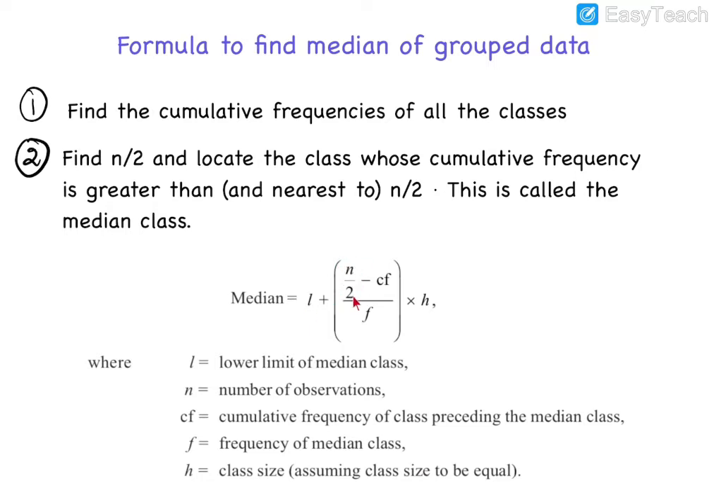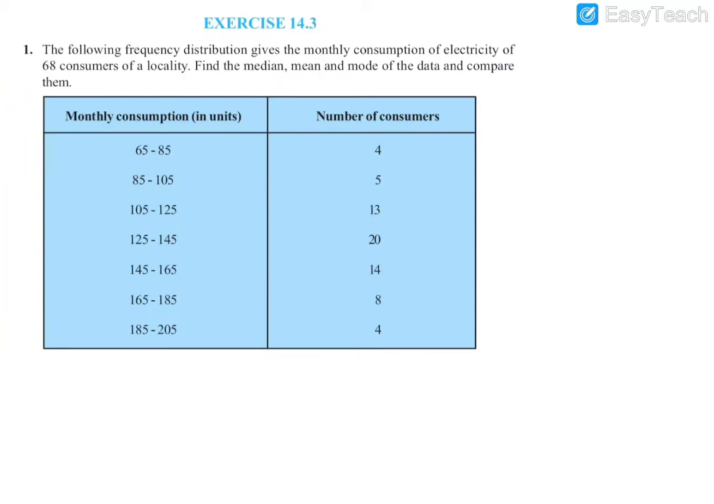n upon 2 stands for half the total number of observations, Cf is the cumulative frequency of the class preceding the median class, F is the frequency of the median class, and H is the class size, assuming all class sizes to be equal. There are methods to find median for unequal class sizes, but it is not included in 10th standard portion. So keeping in mind these steps that we have to follow, let's apply this formula to find median in exercise